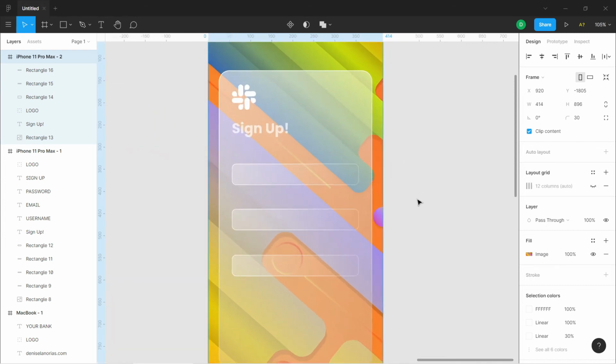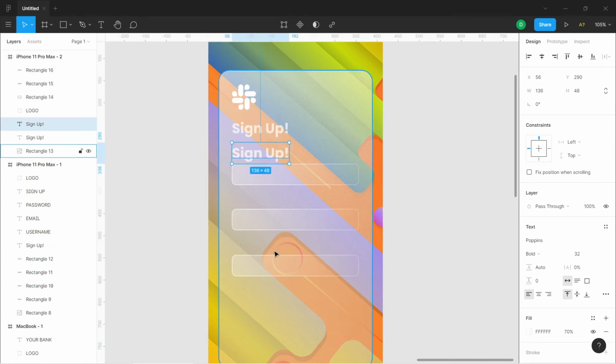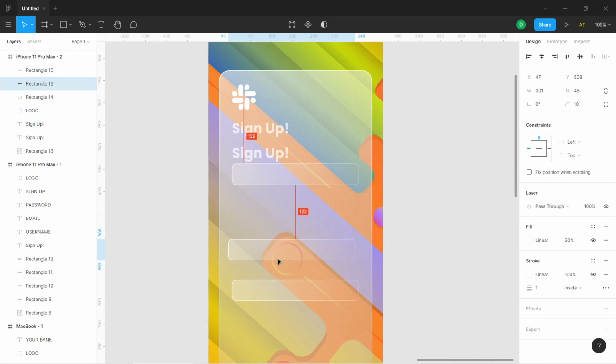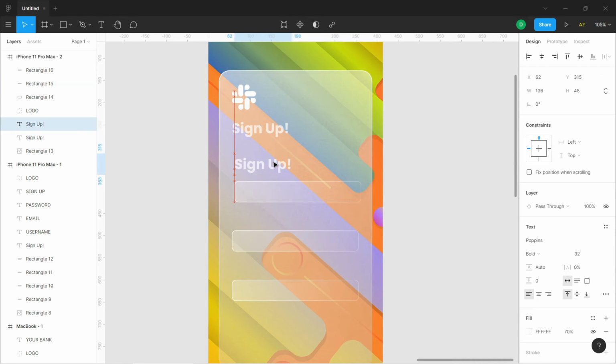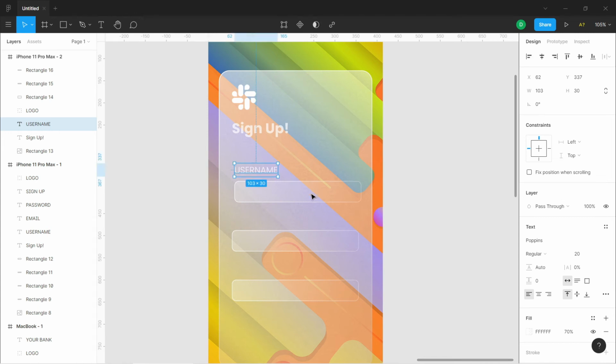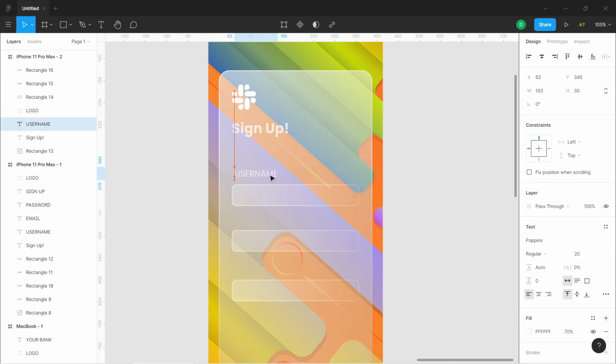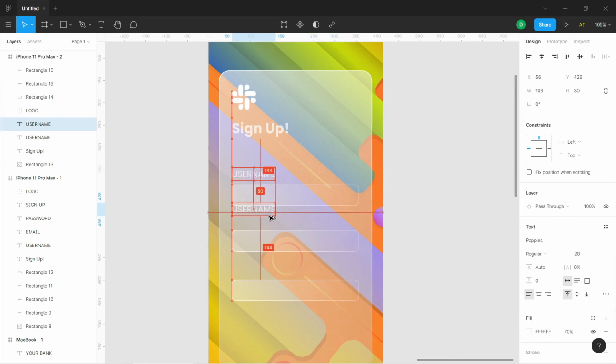Okay, let's go back, zoom in, and of course, just copy the text. Don't waste your time. Okay, so let's change the text size to, this is going to be username, and it's not going to be bold, just regular. Okay. Just like that, and then copy it, duplicate,